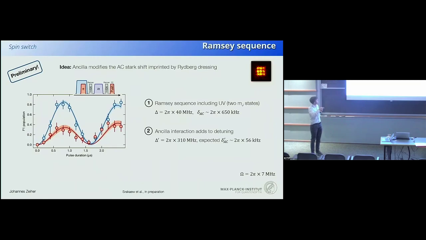And what you can see here is that the system still oscillates, but the oscillation amplitude is quite strongly suppressed. And we can actually understand that. At least to what we would expect based on the numbers, the Stark shift reduces, because of this additional detuning due to the interaction, to something like a tenth or so of the value when we don't have this ancilla present. So we would expect a much smaller oscillation frequency, and this is the reason why we see the strong reduction in contrast. However, we still see this oscillation at the original frequency, and this is for the same reason as